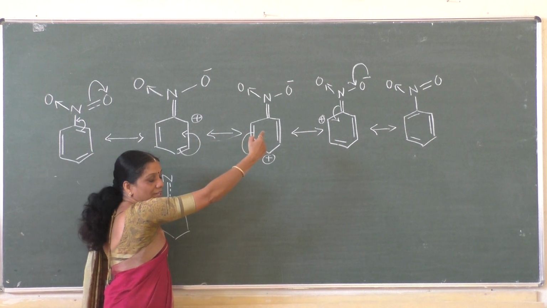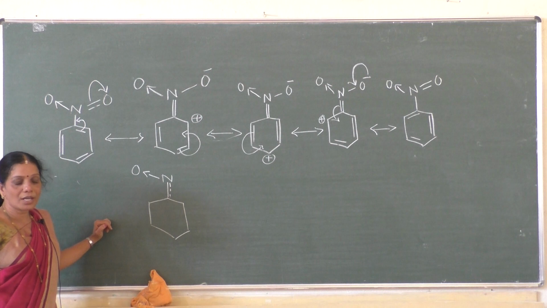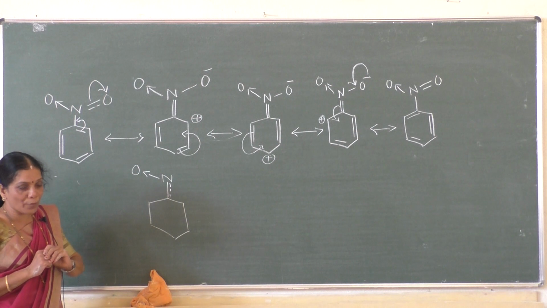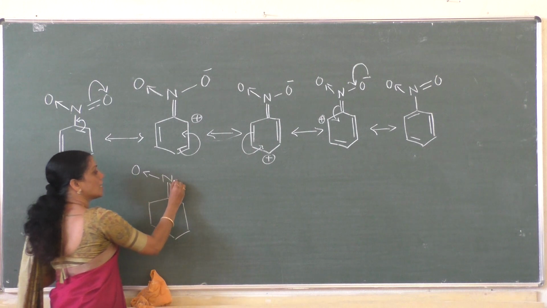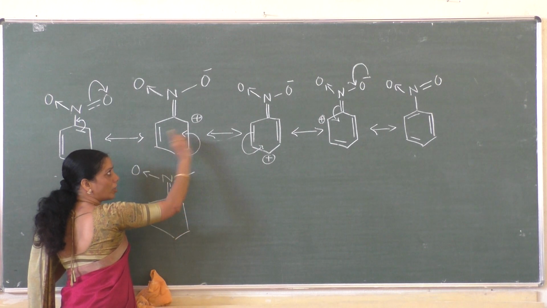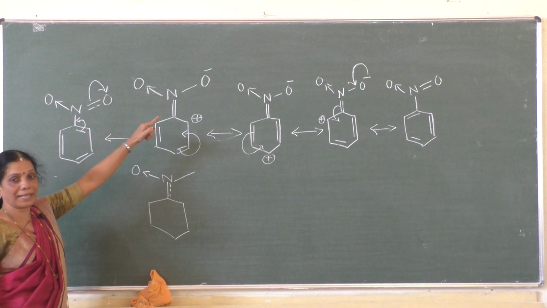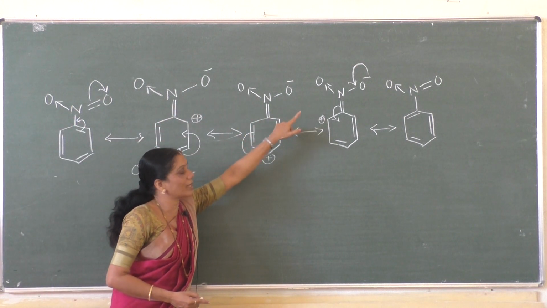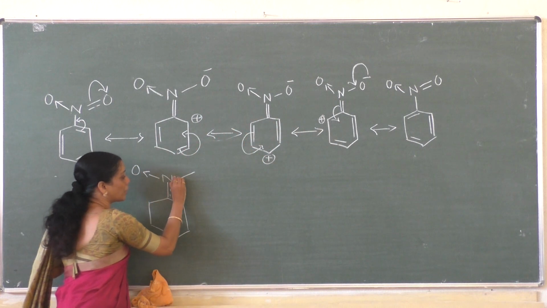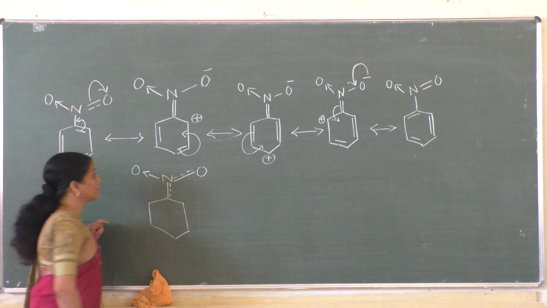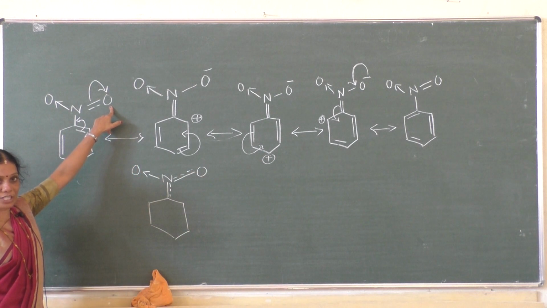In the last structure, if you observe, the nitrogen to oxygen bond becomes what? A double bond. Therefore the single bond is permanent. In all the structures you can see the single bond, but the double bond is not permanent. Again it gets converted into a single bond, isn't it? That means we have to write what? Partial double bond. And the oxygen here is neutral in the first structure.